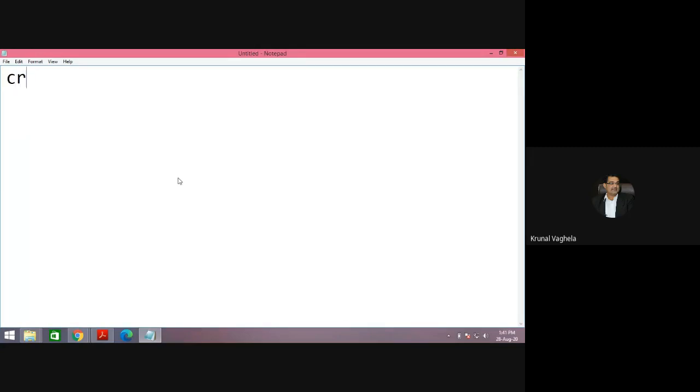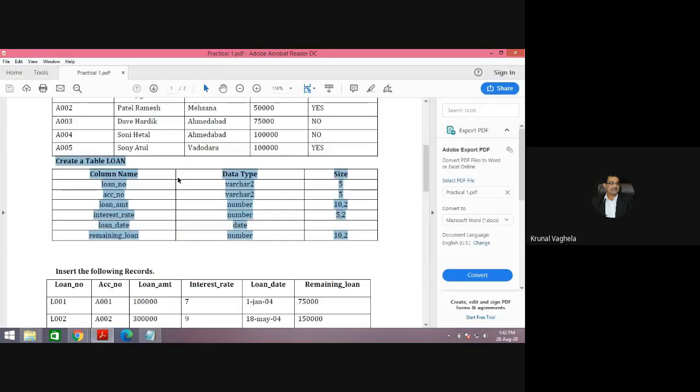So the query is create table loan. I already told you this is case insensitive, so you can write it like this also. Create table loan, into the bracket, and I'll take one by one.